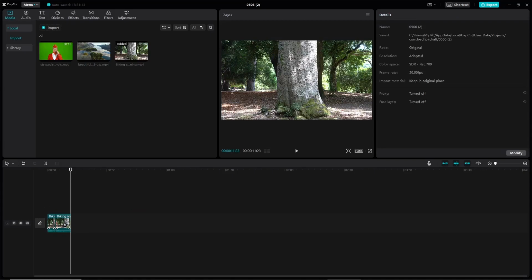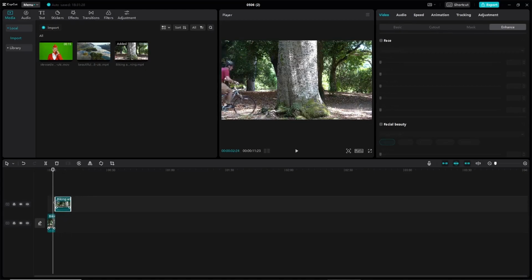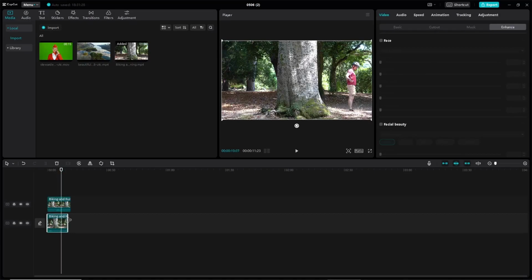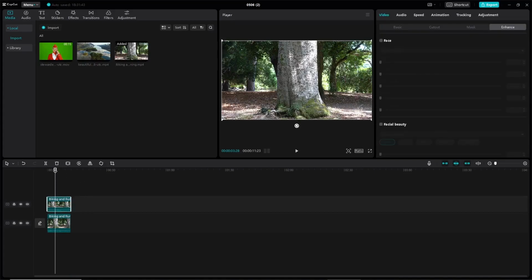And what we want to do now is bring this to there. We want to bring this up, and we want to expand this again into the starting point so that the clips would be in sync, and the bottom would be expanded here to the end so that it would be in sync. So now what we're gonna do is simply go to mask right here in the top clip